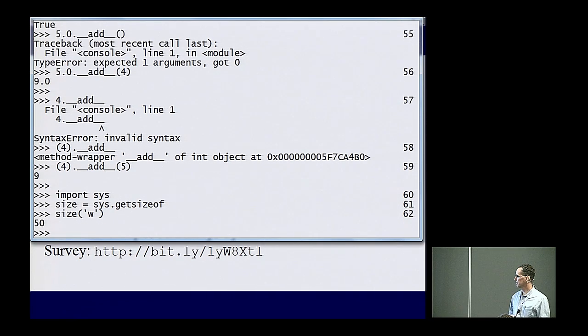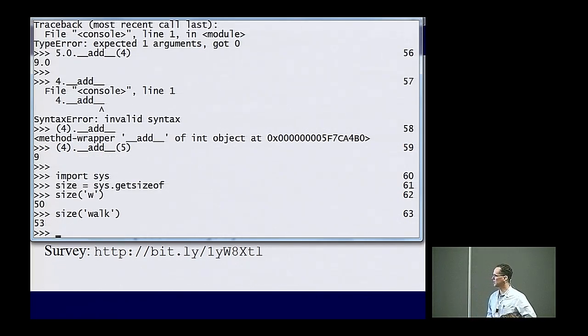So get size of, we'll just shorten it to size. The reason I shorten these sometimes and try to keep the name short is so when you're typing, you're not spending all your time typing long stuff. So the size of the string w, not the character w, in Python, there is no character data type. It's always strings. Some of them only have a single character or 0. And you can see that a string object with only a single character takes 50 bytes of data. So when I say it's going to create some big object in memory that represents a string,